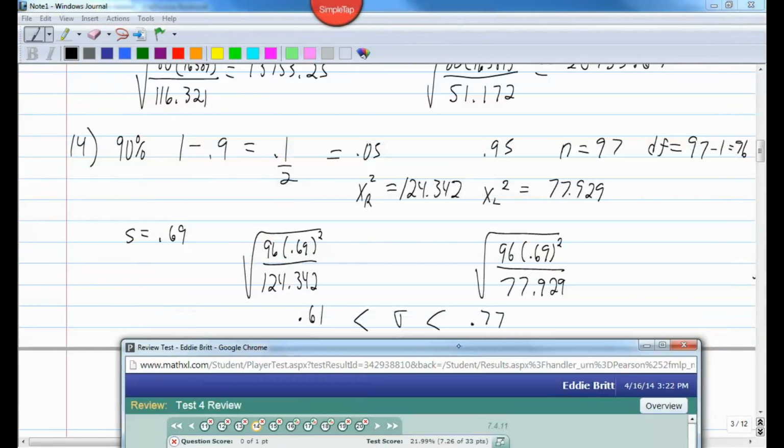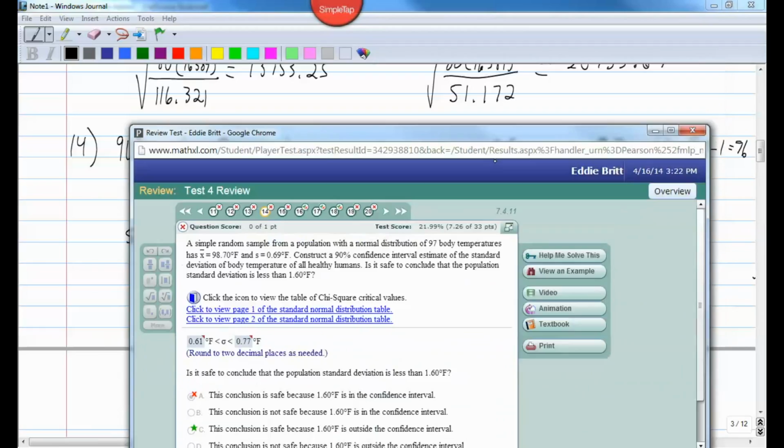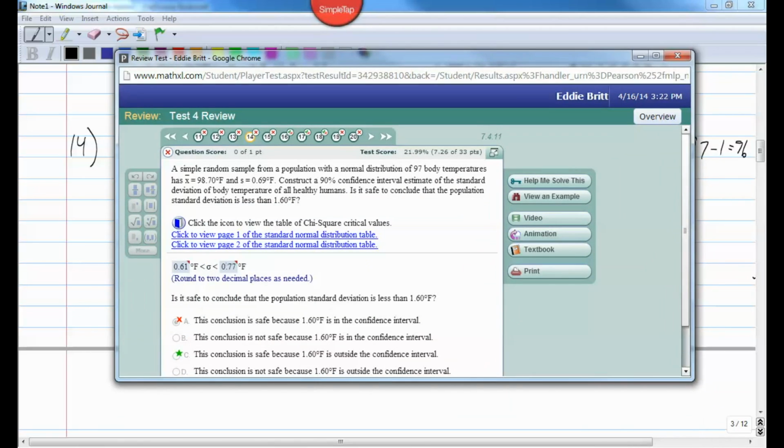We're not off by much, actually. We got 0.61 for the left, 0.77 for the right. So if you look, when you hover over, look at the correct answers it takes. And I guess it's taking these answers because